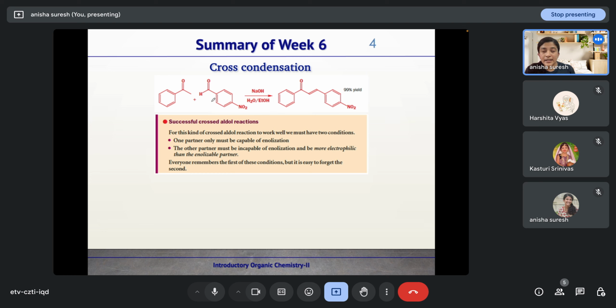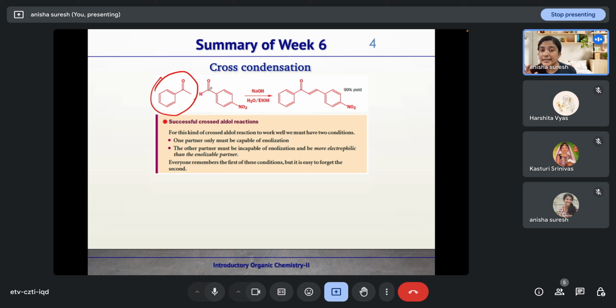The other partner shown here will not undergo enolization. The other partner must be incapable of enolization and be more electrophilic than the enolizable partner. If it has less electrophilicity than the enolizable partner, then this can undergo a self condensation reaction. To avoid that, we make this aldehyde more electrophilic by introducing a nitro group, that is an electron withdrawing